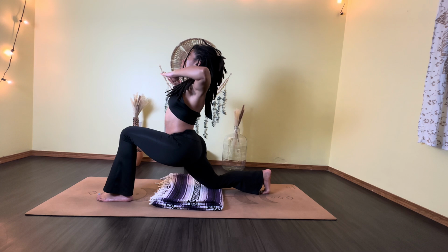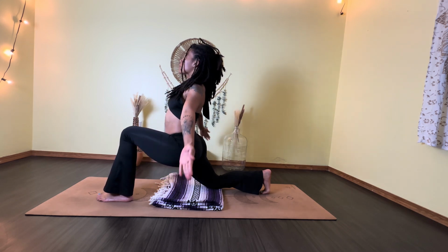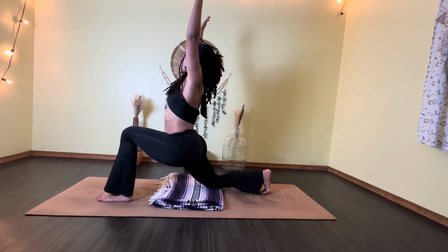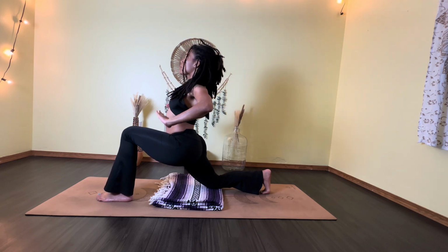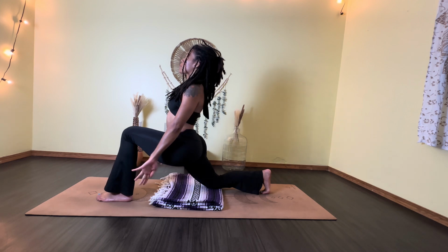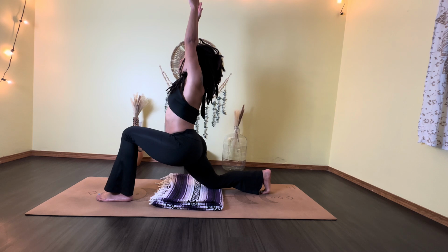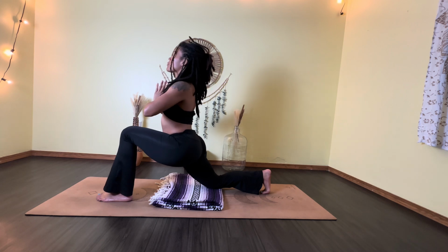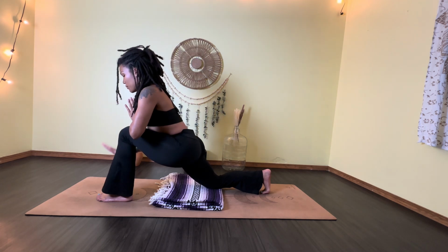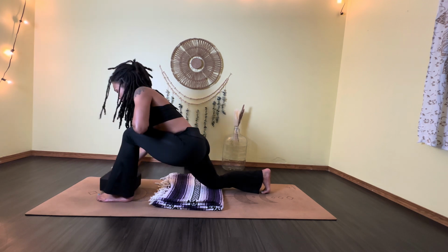Inhaling, arms coming up. Exhaling, slowly pressing that energy that no longer serves you away. Inhaling up. Exhaling, hands come forward, palms down to the ground, pushing that energy away. Inhale, arms come up, palms meet, hands come to heart center, hinge at the hips, and maybe you want to